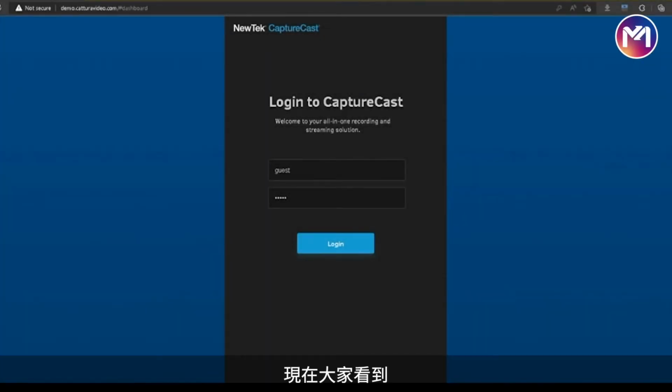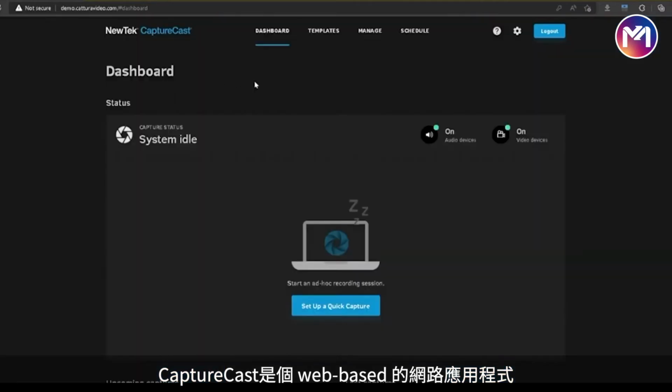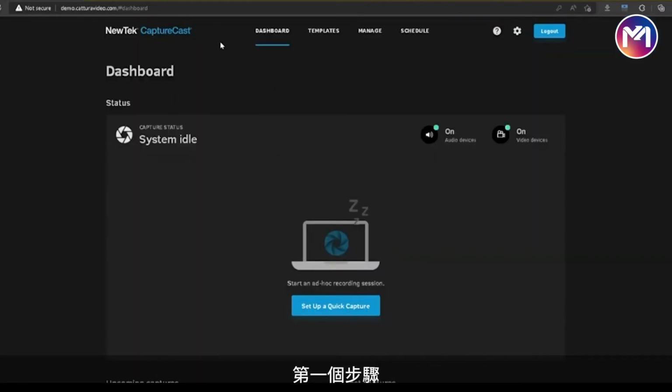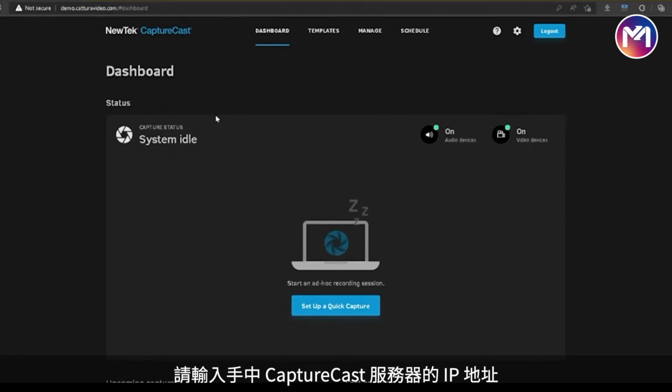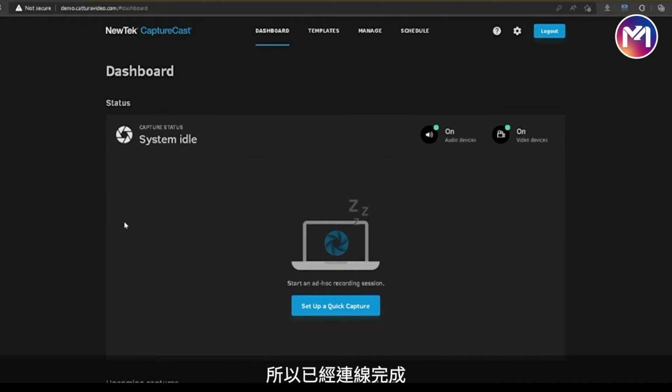So this is how the CaptureCast interface would look like. I am going to log in to CaptureCast. And again, CaptureCast is sort of like a web-based application. So what you need to do is just key in the IP address of your CaptureCast server. But in here, we have a demo system hosted online. I'm just going to quickly bring you through how the interface looks like and some of the features in